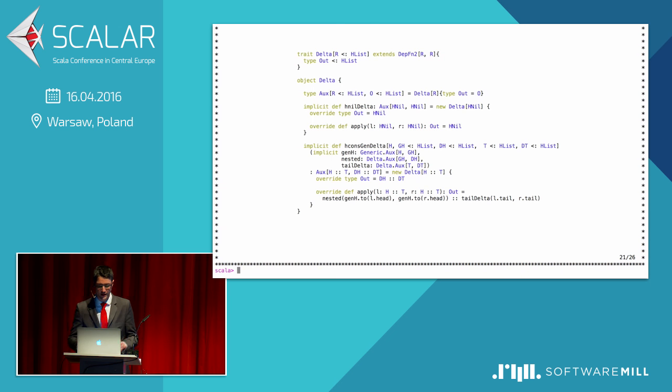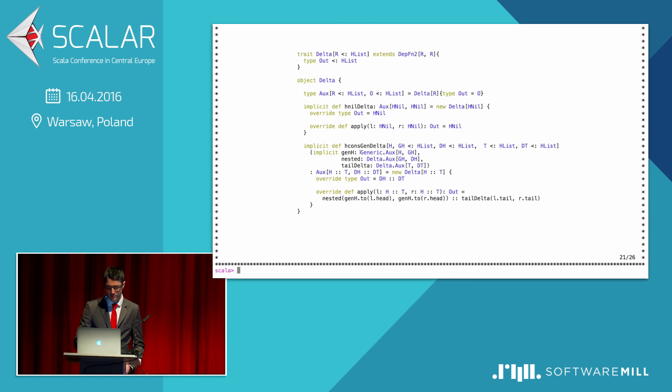So again, we define depfn2, we call it delta. We constrain its output type to be a HList. We define our aux alias, the HNIL case, like before. And now it's a little bit more complicated, but what we are telling here is that given 2 non-empty HLists,